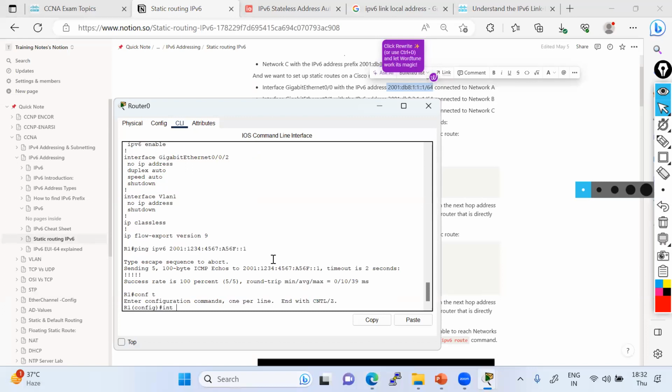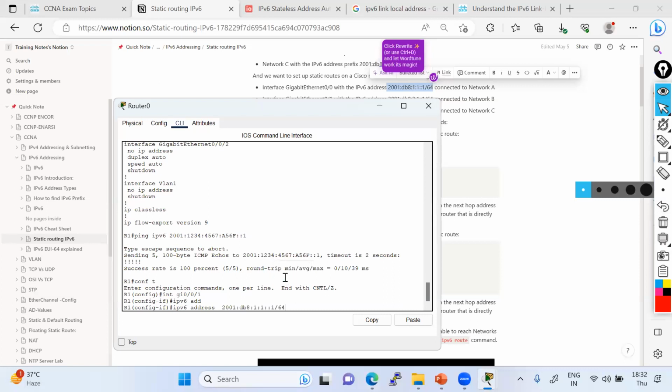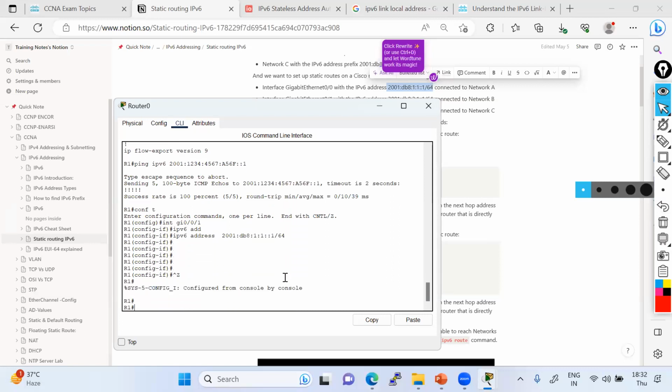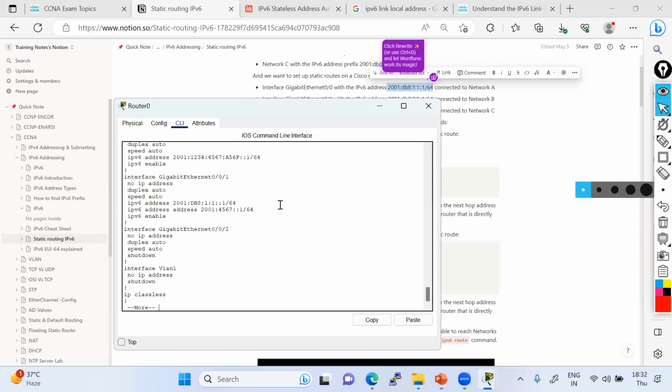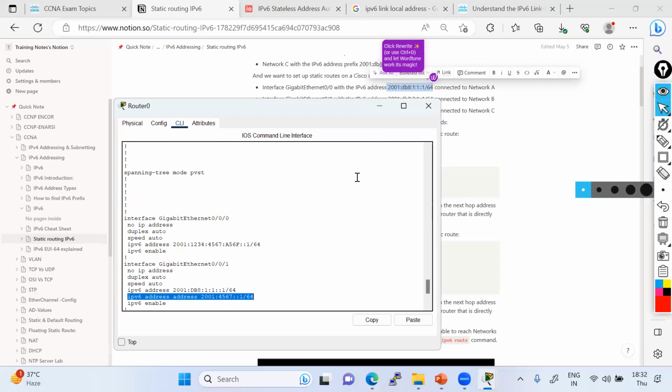Configuration interface gig 0/0/1 IPv6 address. Okay. So, oh, no, it's right.